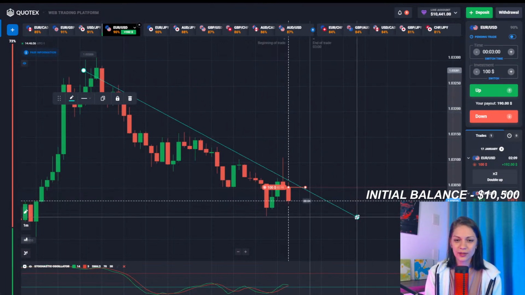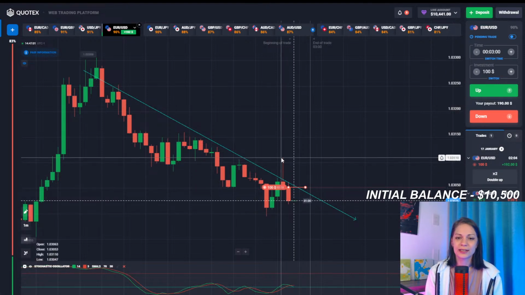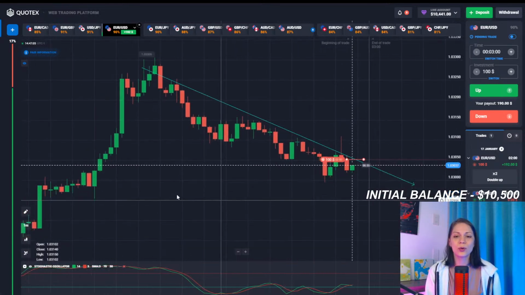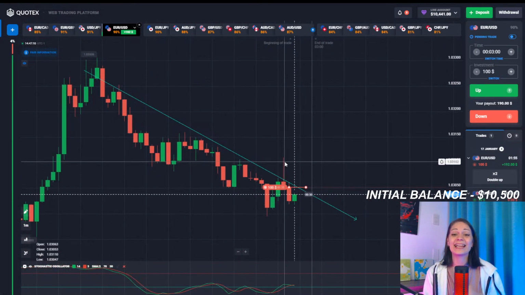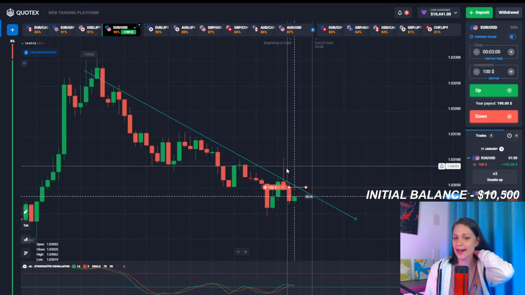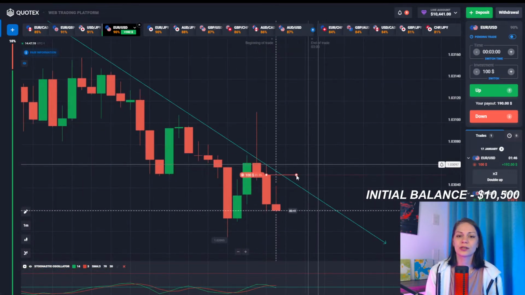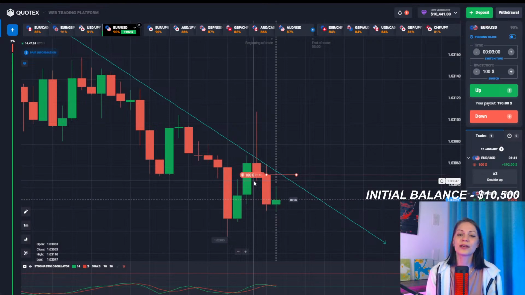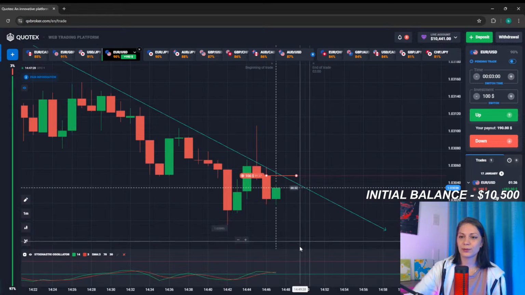Anywho, right here we have the downtrend, and we see that the price was breaking through that downtrend and was supposed to go upwards according to the previous trend, but that didn't happen at this point, and the price was actually pushed downwards. That's a really critical point because there was a most probable price reversal, and right now we understand that the price is going to go according to the new downtrend. And that's why we entered into a deal.